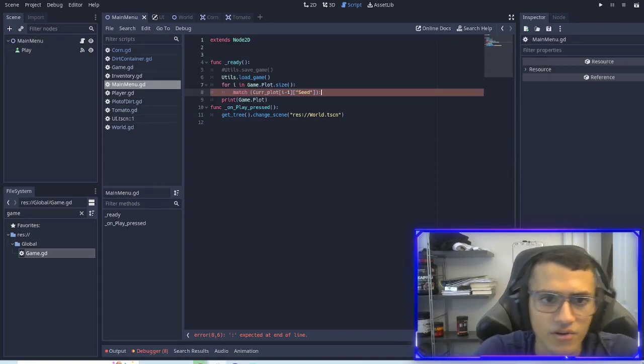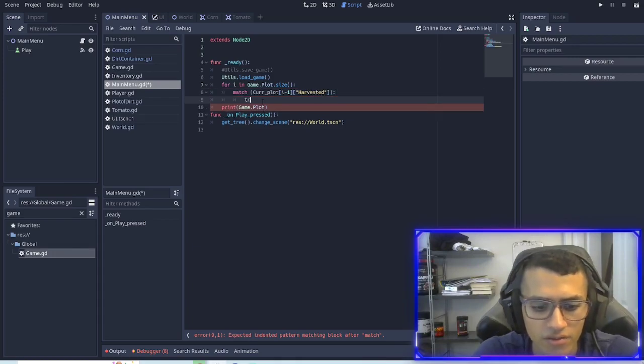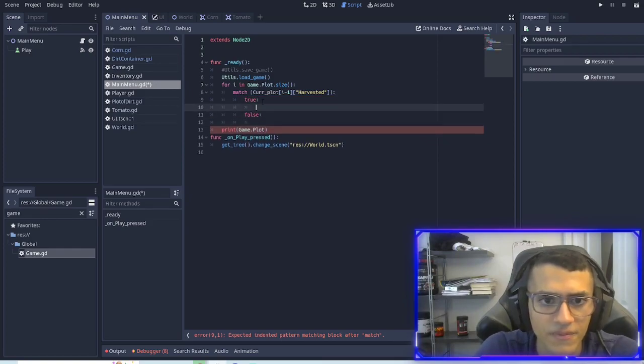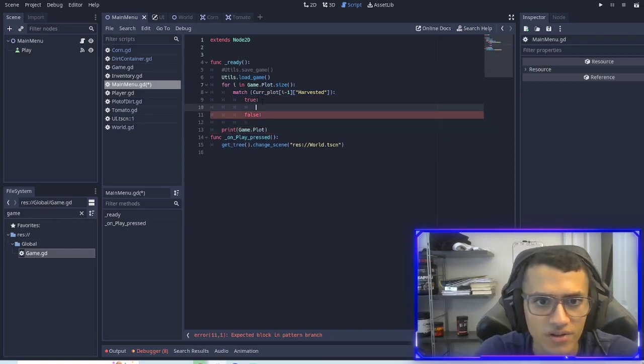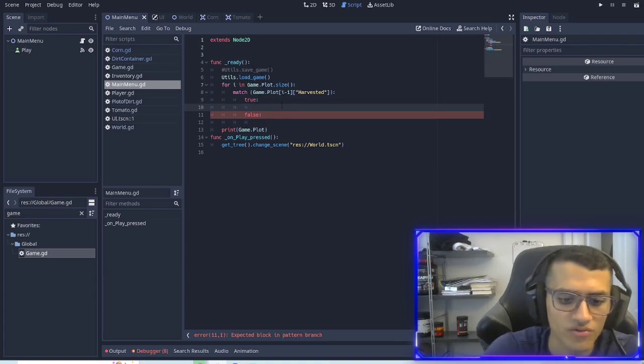We're going to copy that part. We're going to match the current plot with the harvested with true and false, right? And then if it's true, what we'll do is, oh, we don't want to get the current plot. We want the game plot. If it's true, what we'll do is